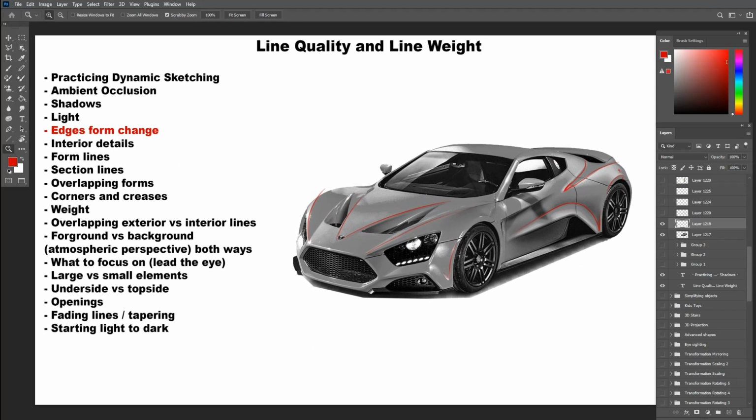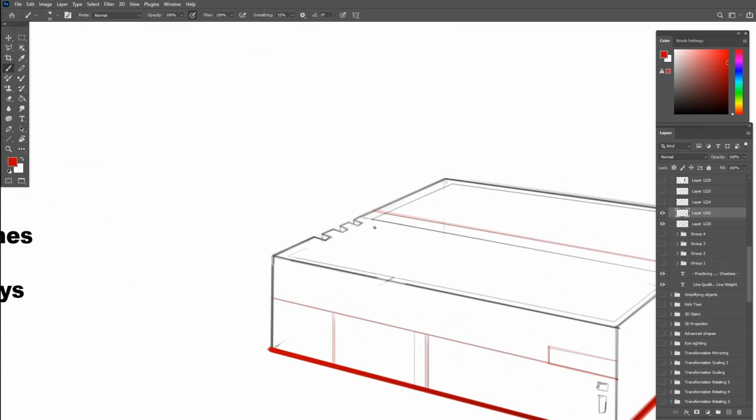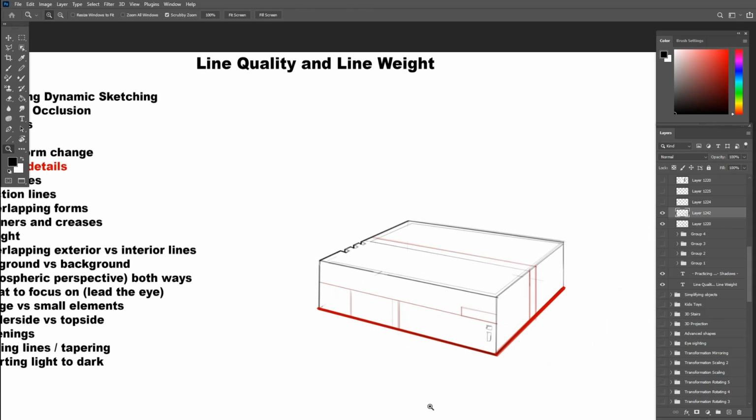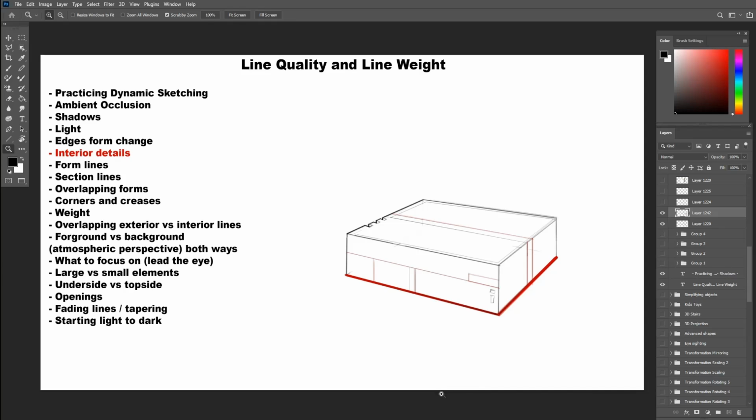The next factor is interior details. As we saw before, interior details will have way less thickness than the exterior ones. The reason is the exterior edges have to separate the object from other objects or from the wall itself, while the interior edges are mainly details. So we don't need to make them as thick as the exterior ones, otherwise your drawing will be very confusing to look at. If we zoom in, we see these little details on the side, and you can see how the exterior part of it is thick, while the interior edges are not. This way you can tell the difference of what's outside and what's inside. It's part of the industrial design method that makes things look very pleasing to look at. We will see more examples on this later on.